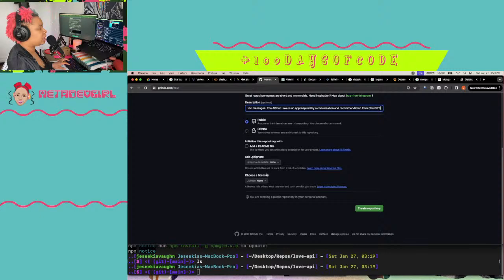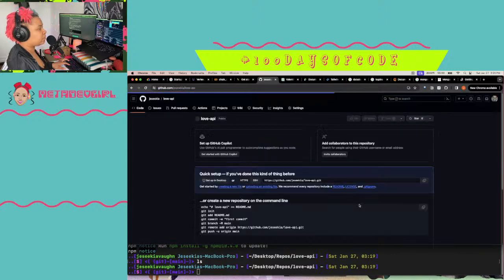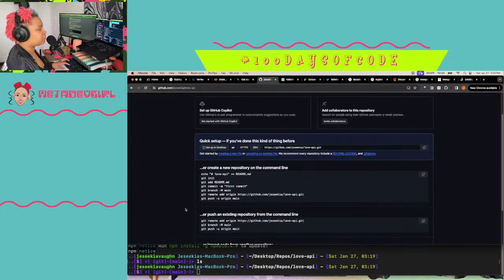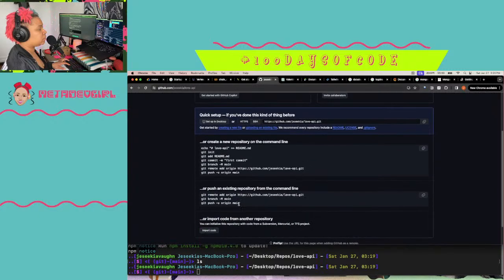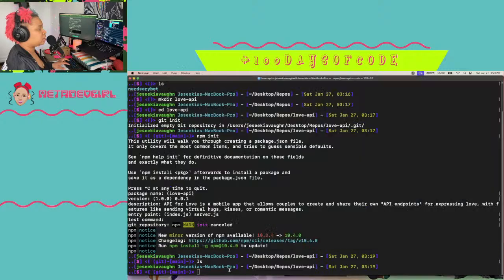I think if I don't add a readme, it's gonna give me everything I need to push from the command line, but I should still be able to add origin, I think. Let's see, can I get remote add origin?